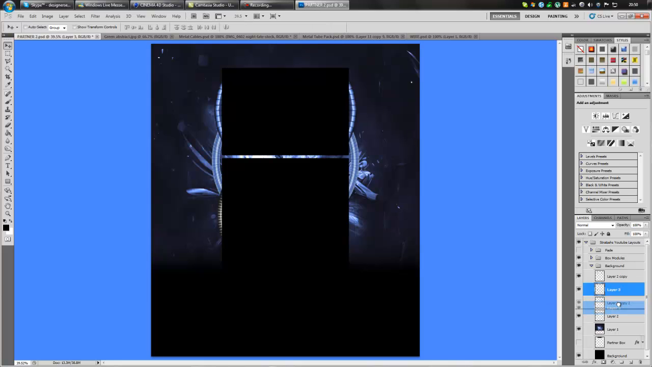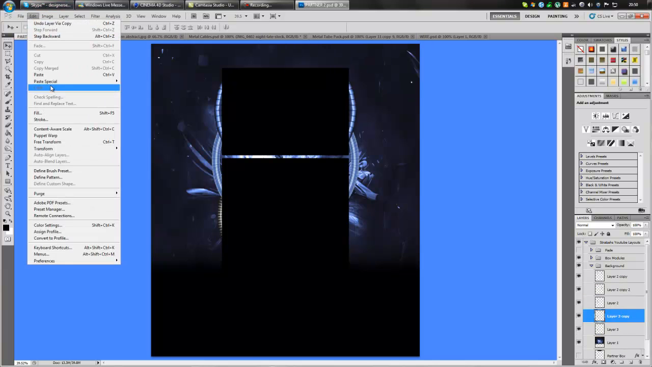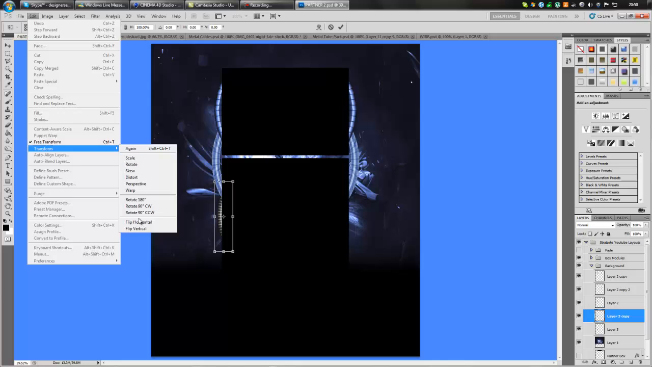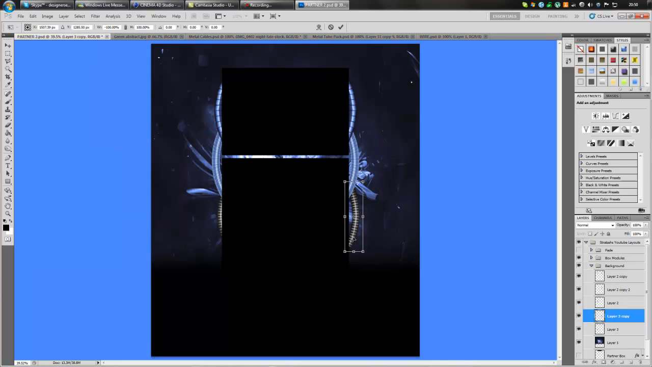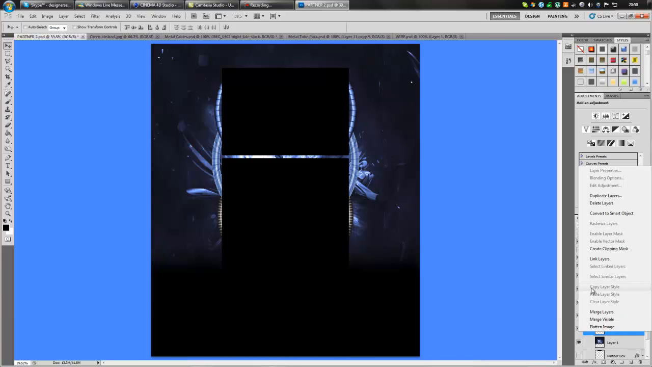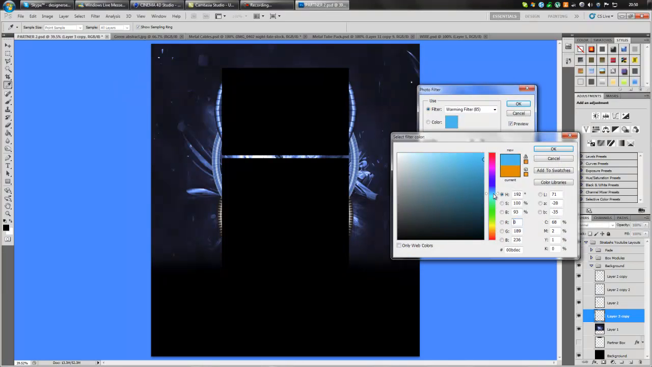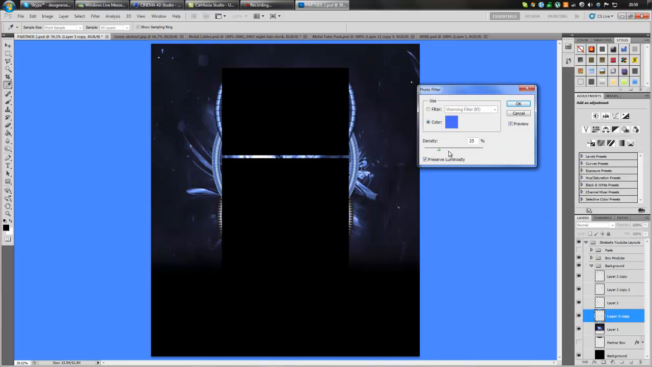I'm going to put that under them all again, Alt J, edit, transform, oopsie, edit, transform, flip horizontally. I'm going to put that one there, just push it in a bit, like so. Now I'm going to merge them together, image, adjustments, photo filter, blue, density 100,